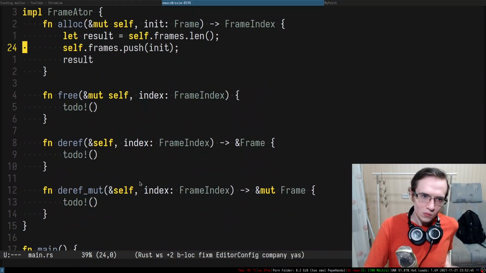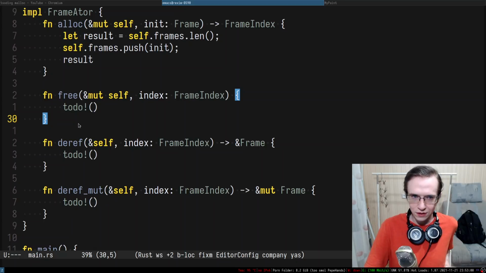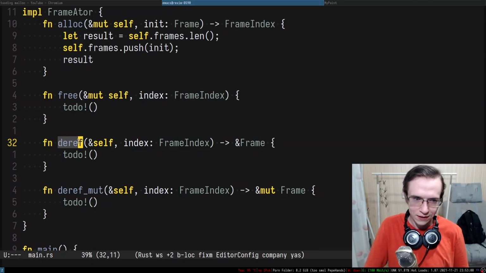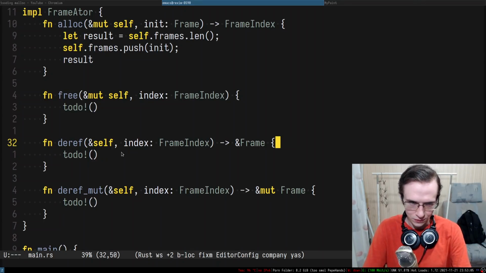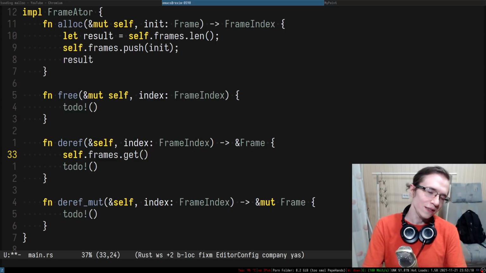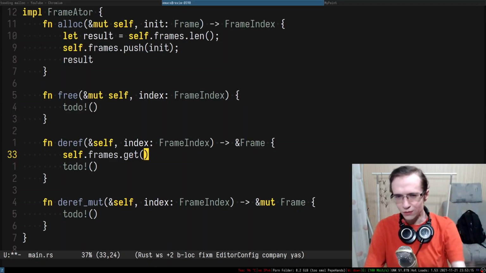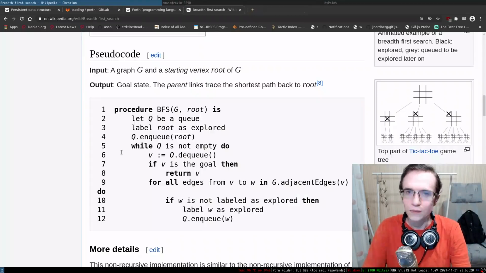Or maybe we're going to implement that way later when we actually try to implement the memory reuse strategies. Maybe for now, I'm going to just leave it as it is. We won't be able to free anything. And I'm going to go ahead and try to deref this thing. So what we're going to do in here, we're going to take the frames, and I'm going to try to get, though we can actually try to be a little bit more safe in that regard, because if I remember correctly,